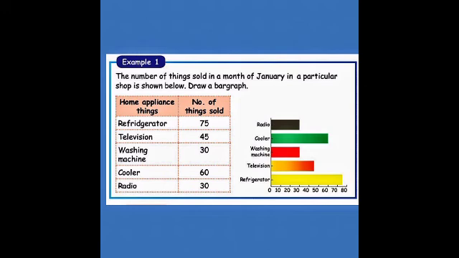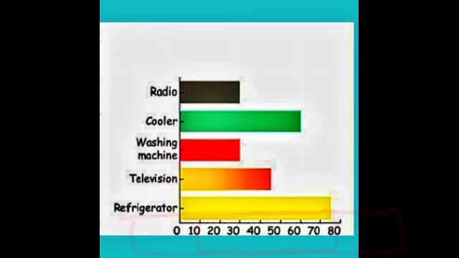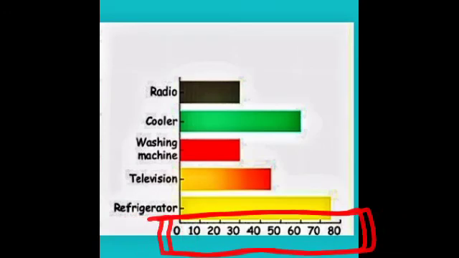My dears, in the given table, the numbers come under which table? Yes, which comes under 10 table, also 5 table. So I am going to draw the graph with the help of 10 table. In the horizontal line, we should write the numbers which is 0, 10, 20, 30, 40, 50, 60, 70, 80, etc. On the vertical line, we should write the home appliances names.